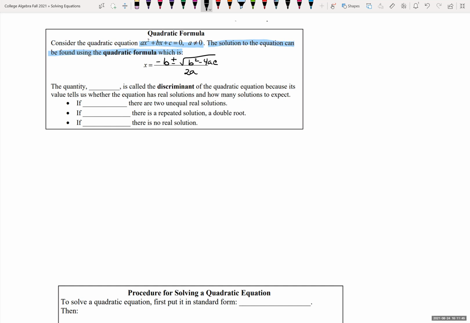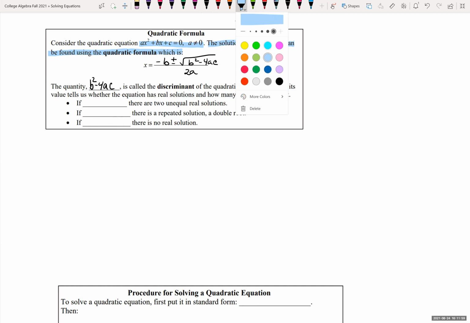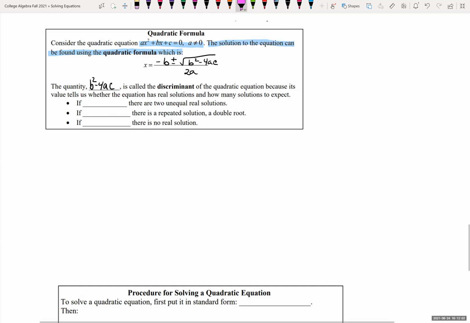The quantity underneath that radical, which is b squared minus 4ac, this is called the discriminant of the quadratic equation. Okay, so b squared minus 4ac, this is called the discriminant. This discriminant, this number, tells us what type of solution we're going to have and how many we're going to have. So if the discriminant, if b squared minus 4ac is greater than 0,